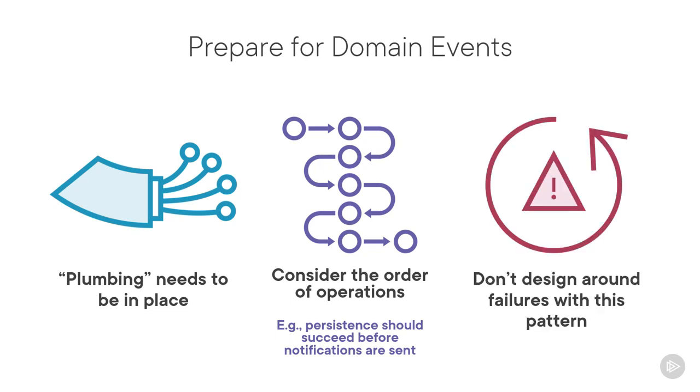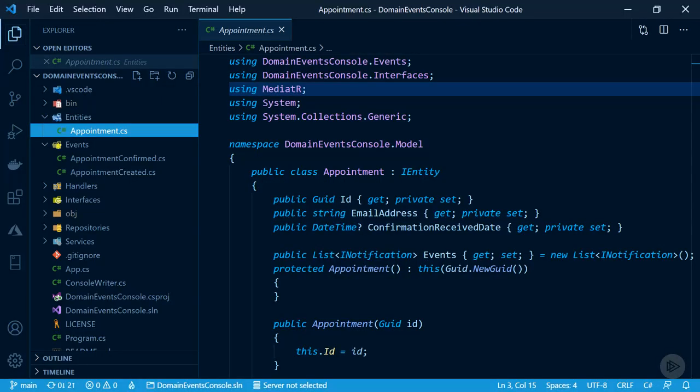Also, although occasionally I've used them for validation in the past, ideally your domain events and handlers should never fail. That is, don't build your behavior around exceptions that might be thrown from event handlers. Use a different pattern if you need that type of behavior. In this simple demo, which mirrors how our sample app works,